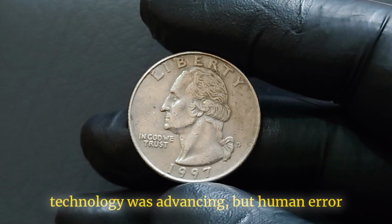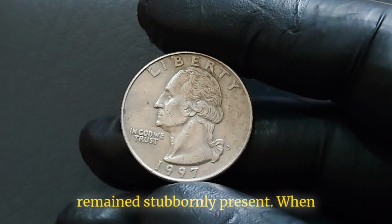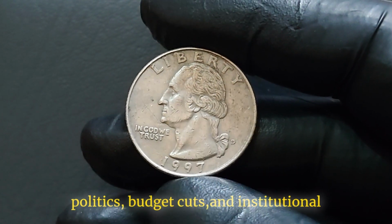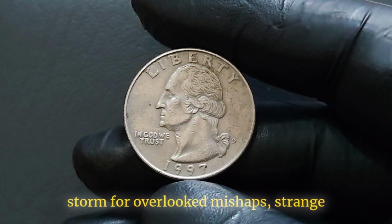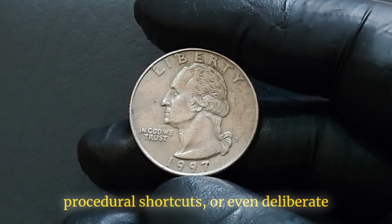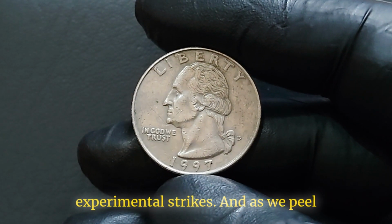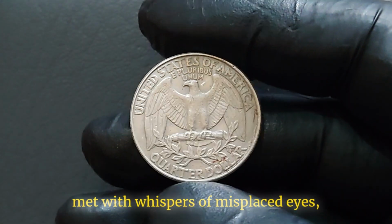In a year when technology was advancing, but human error remained stubbornly present. When politics, budget cuts, and institutional pressures might have created the perfect storm for overlooked mishaps, strange procedural shortcuts, or even deliberate experimental strikes. And as we peel back the layers of this mystery, we are met with whispers of